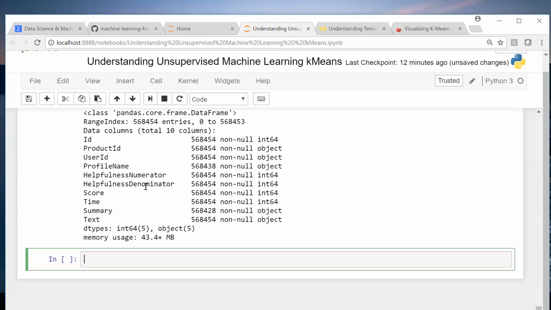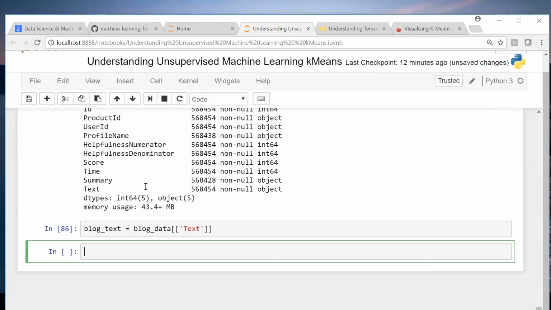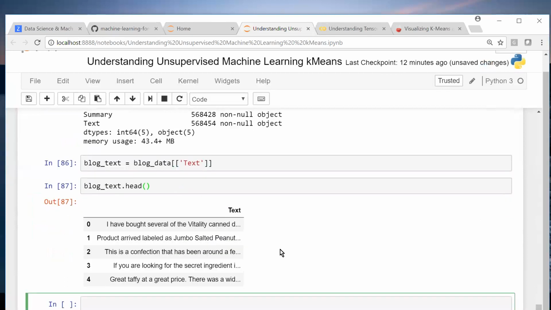Okay, blog data, blog text. So this is all the information, blog text.